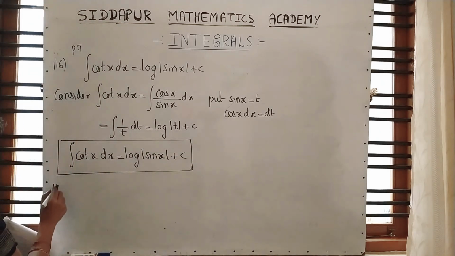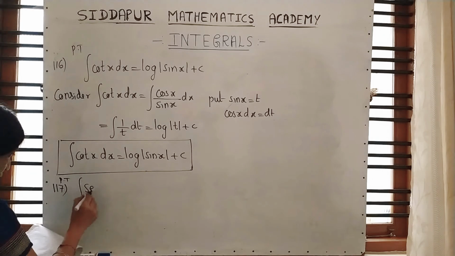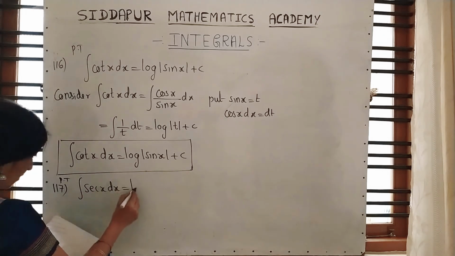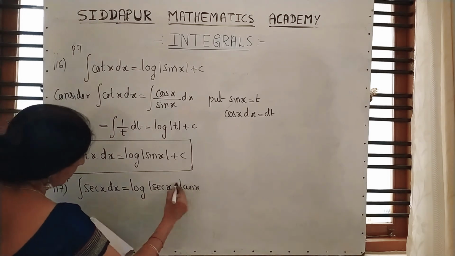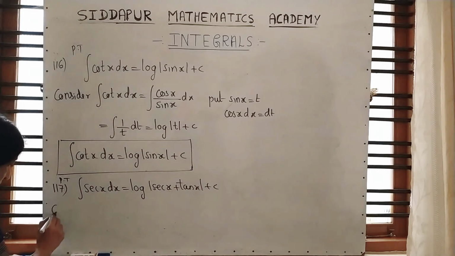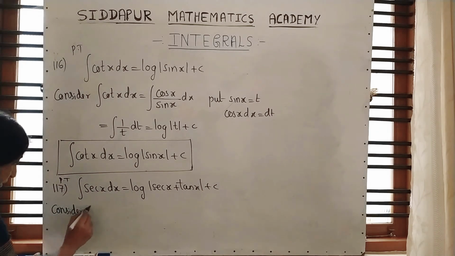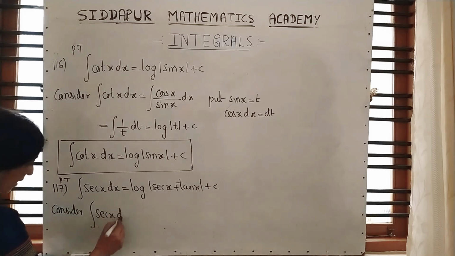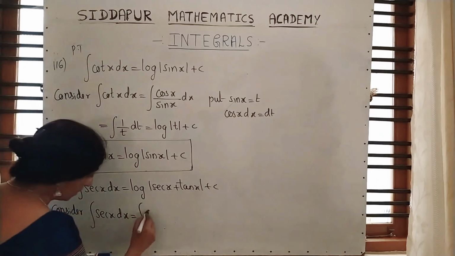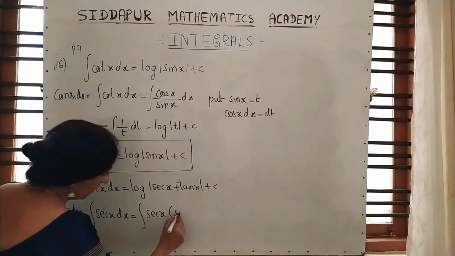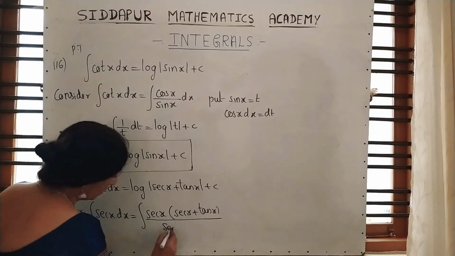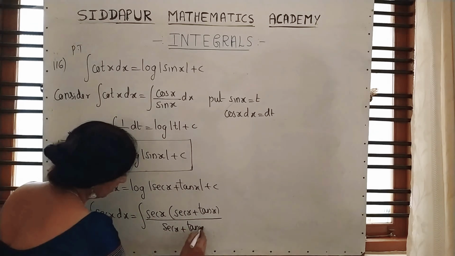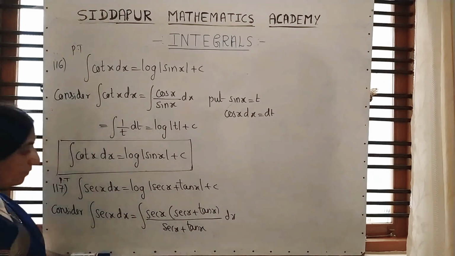Moving to the next question, that is also a formula, same, prove that integration of sec x is log of sec x plus tan x. So consider integration of secant x. Here I will do one adjustment. See that adjustment. I am multiplying and dividing by sec x plus tan x. Then there is no change, because they get cancelled. Again you are getting the previous.